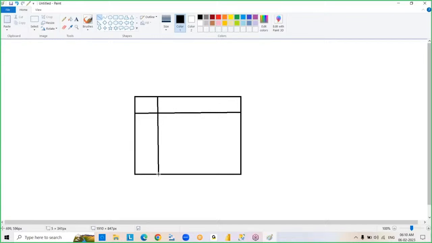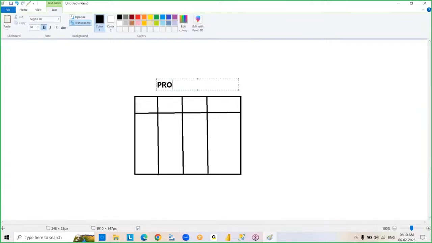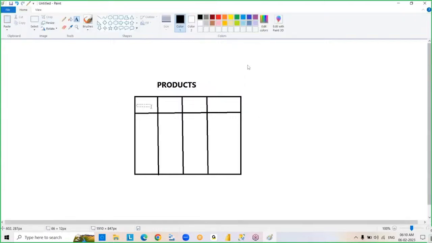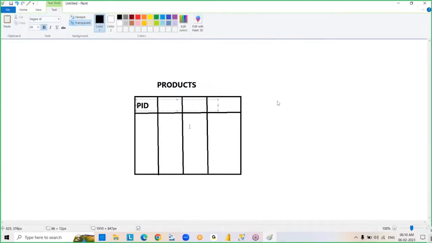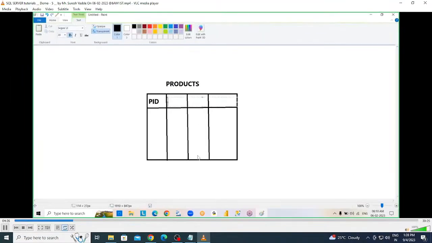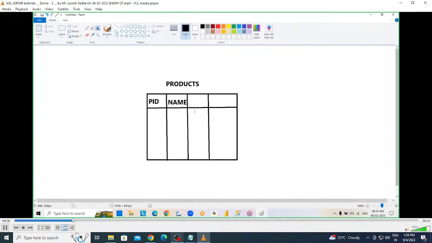Suppose I'm going to create some table. Table name is products, product ID, product name,